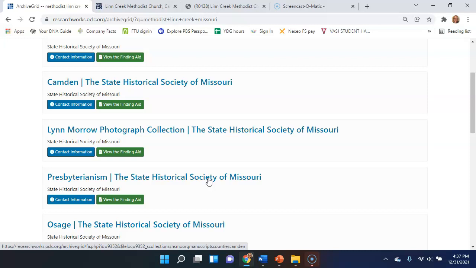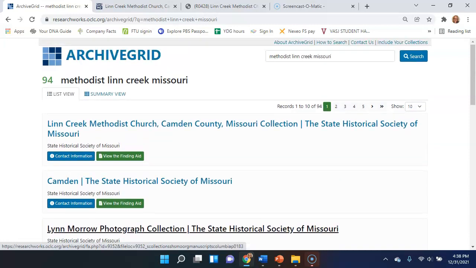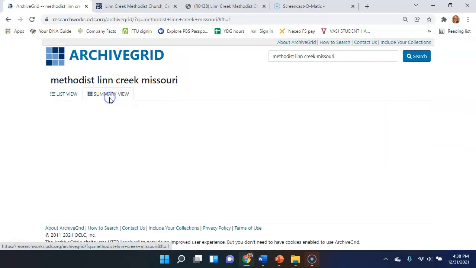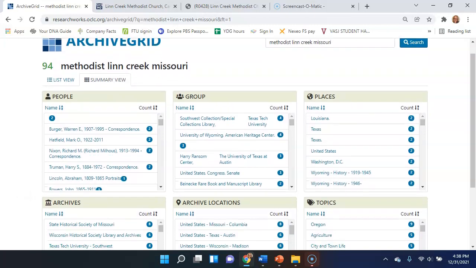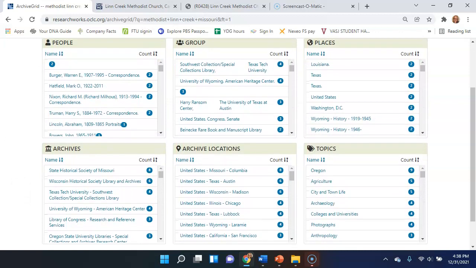So if I wanted a photo of the church, I might look into this entry as well. Now, if I wanted to, I could change over to the summary view. This organizes my search results by different themes or topics, as you can see. Can you see how some of these themes could be really helpful to your searches?